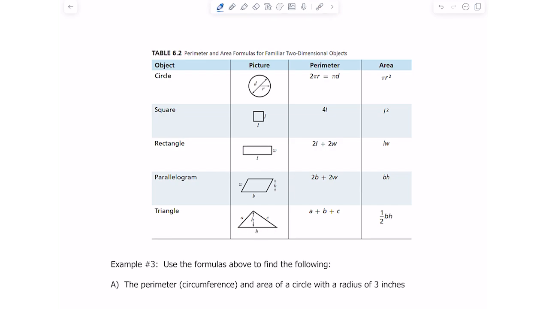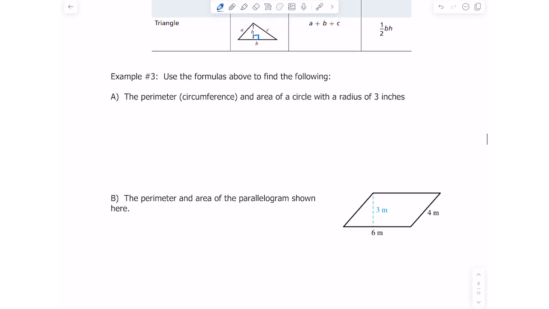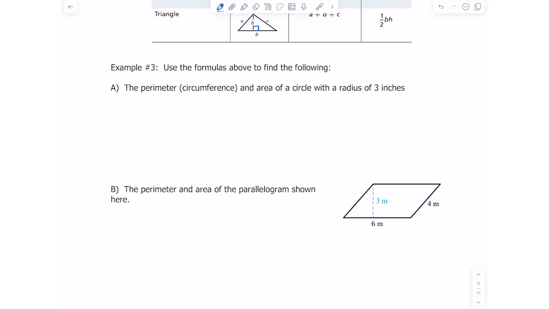And the base and the height will always be perpendicular to each other, so they'll always form a 90-degree angle. And that's how you'll be able to tell what the base is, and then also what the height is. Okay, so let's use those formulas to find the